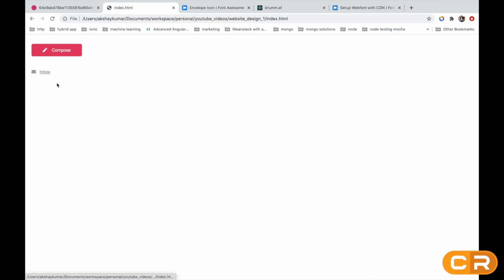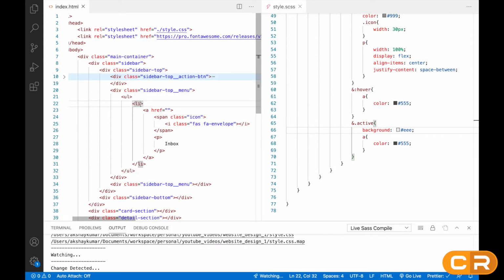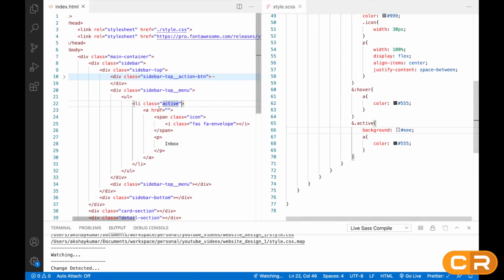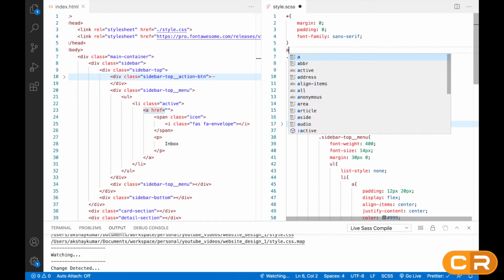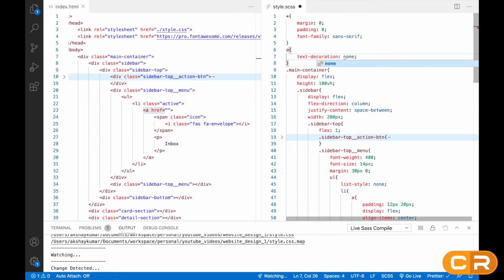So whenever you hover here, it will change the color, and whenever you write active class here, it will give this kind of effect. So you can see underline here, right? So we don't need underline for this. This underline is coming from the A tag. So we'll go on the top, and here we'll write text decoration none. So it will remove all the underlines from wherever we are using A tag in the application.